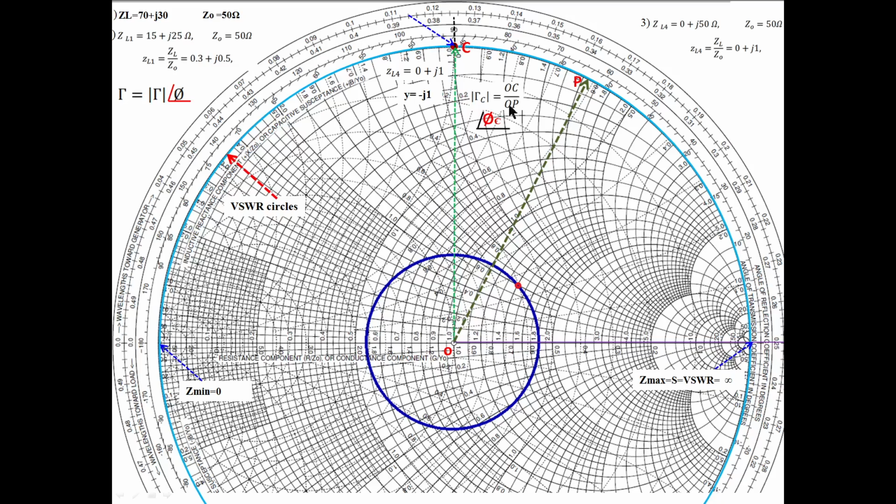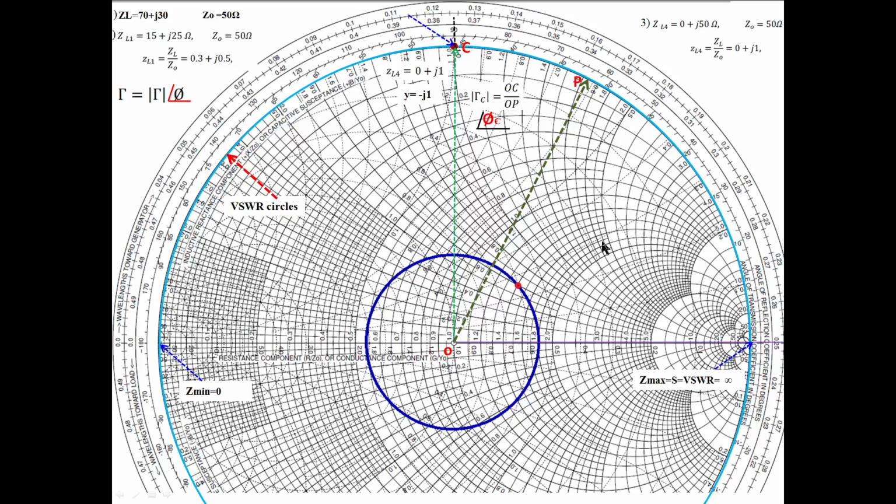And also for the angle of the reflection coefficient, extend this line passing through the load point to the reflection coefficient angle scale. This is the one extended here. It is intersecting with 90 degrees here. So the angle of the reflection coefficient is 90 degrees. You can read it from the Smith chart, plus 90 degrees, because here it is plus 90. If it is below, then it is minus 90, a minus value. The point is here, it is plus 90 degrees. You got it? That is the way of finding the reflection coefficient.